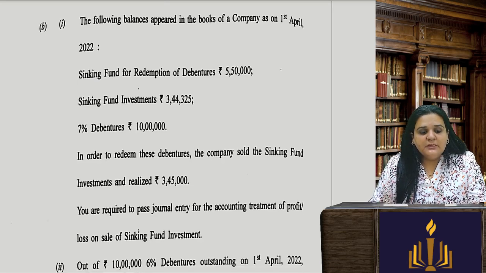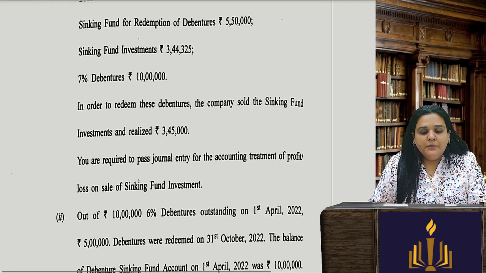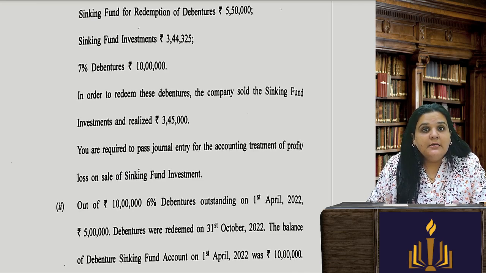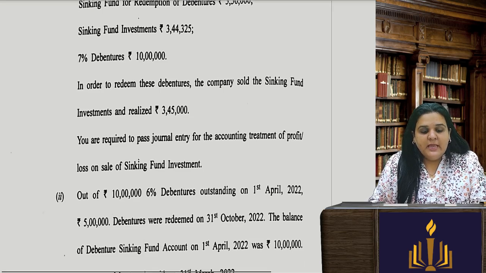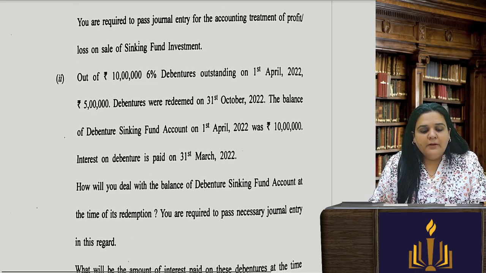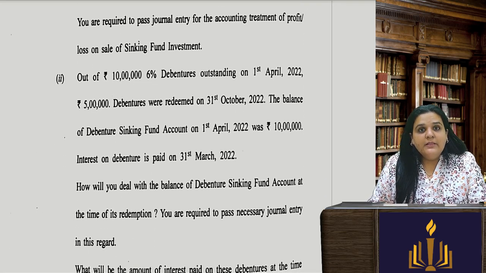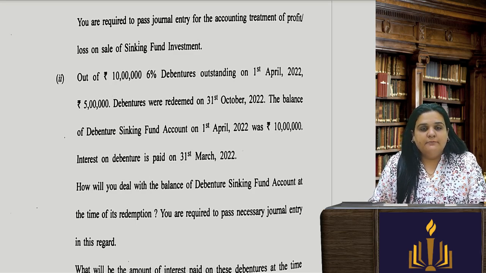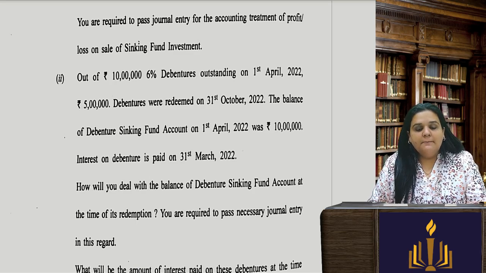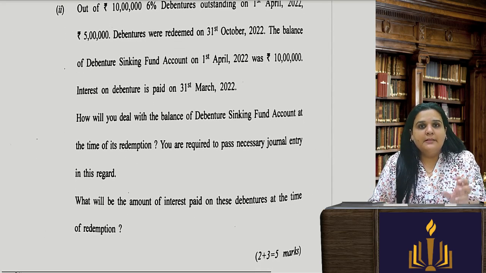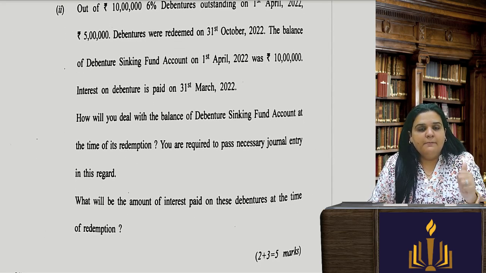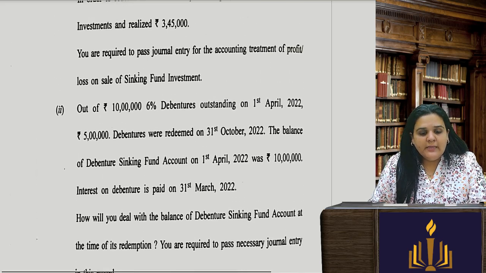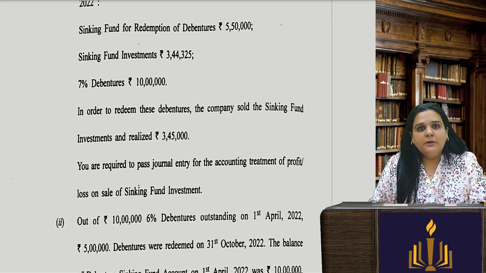Okay, so if you see, they have asked you about how to treat the profit and loss on the sinking fund investment related sum of debentures, and one they have asked you about again to deal with the balance of the debenture sinking fund account at the time of its redemption. Both the sums are based on the sinking fund method of redemption of debentures, which is total of 5 marks. Okay, they look very big, but when we will be solving it, you will come to know that it is